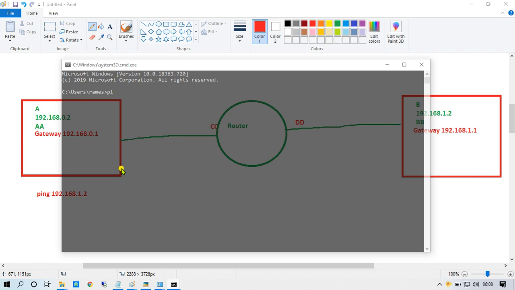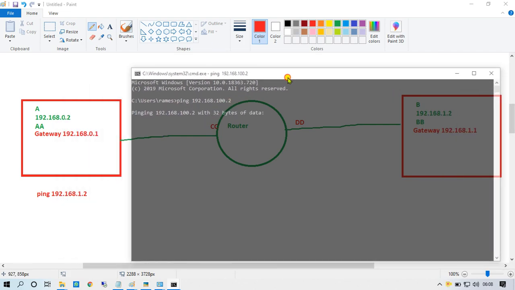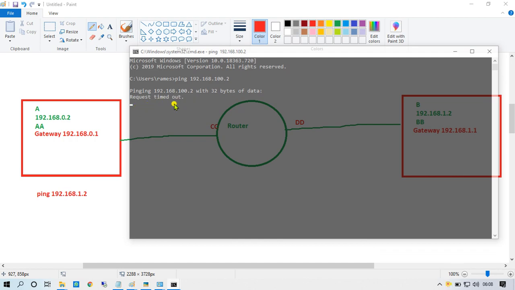Let me ping 192.168.100.2. Now what will happen? It will be pinging with 32 bytes, and after 4 seconds you will get the same information: request timed out, request timed out, request timed out, request timed out.